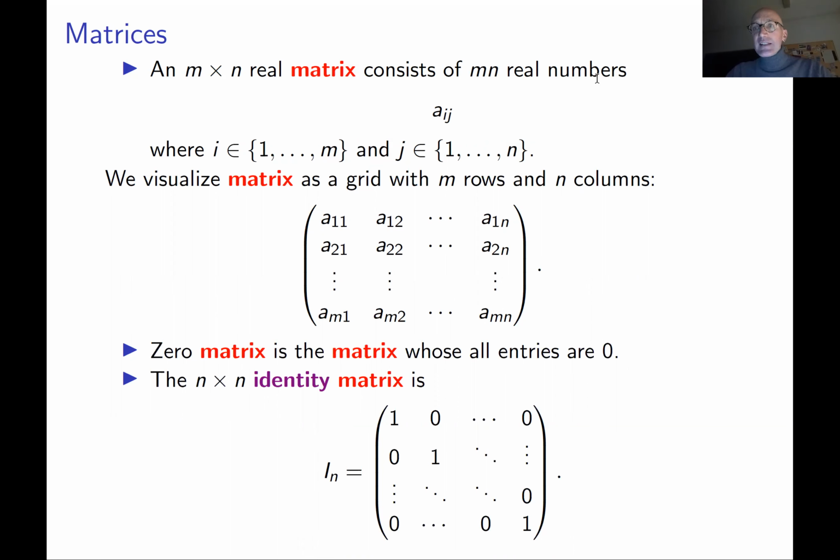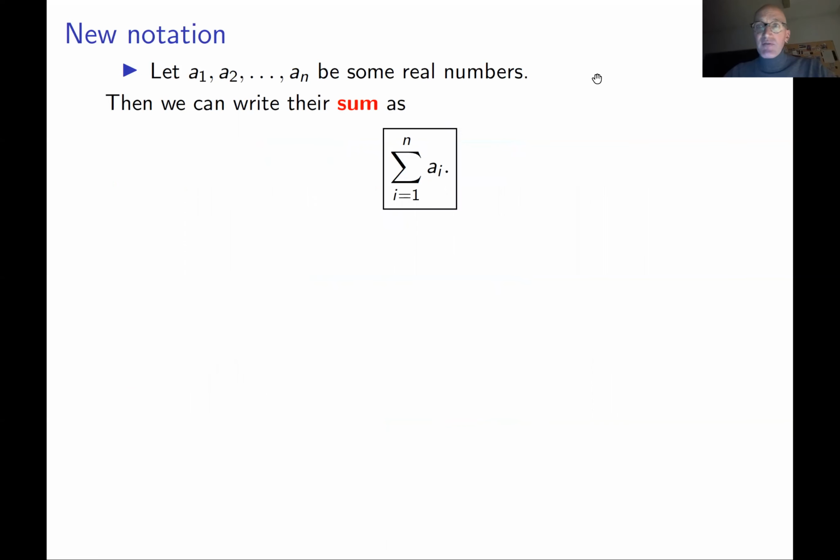However, before doing this, let me introduce one very handy shortcut notation, which you probably already met somewhere. This is a shortcut for the sum. If you have n real numbers, a1, a2, up to an, you can write the sum as a1 plus a2 plus and so on, plus an, or you can shortcut it with sigma. It's the Greek capital letter sigma, which stands for summation. So this is a shortcut for the sum of a1, a2, a3, up to an.